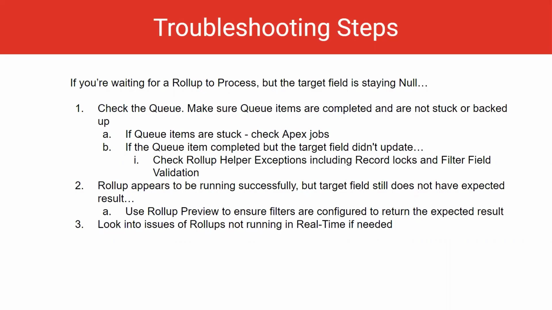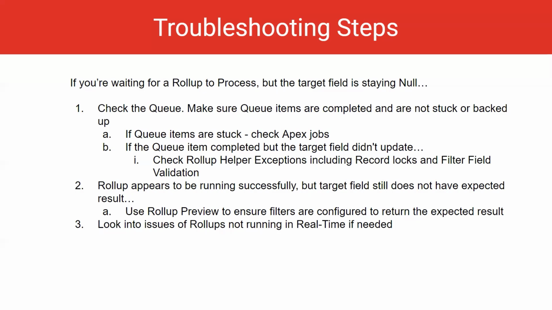issues. If you're waiting for a rollup to process, but the target field is staying null, check the queue. Make sure queue items are completed and are not stuck or backed up. If queue items are stuck, check Apex jobs. If the queue item completed, but the target field didn't update, check Rollup Helper exceptions, including record locks and filter